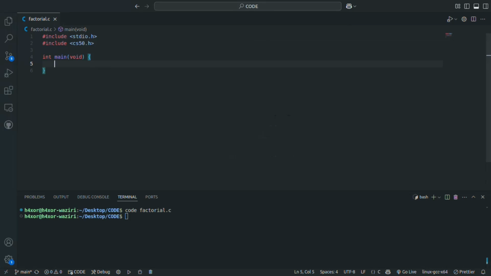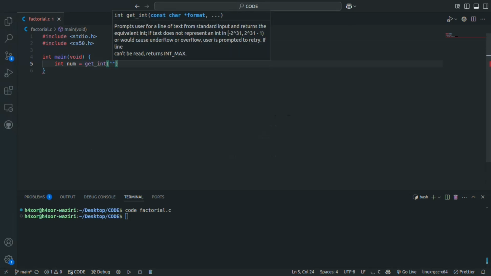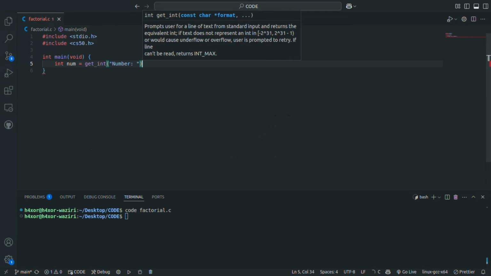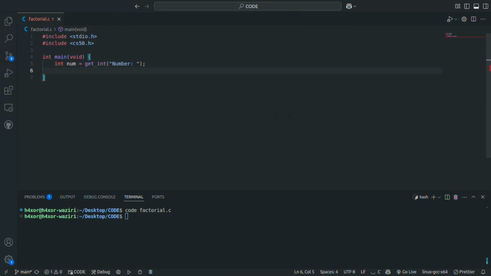Then inside my main function, int num = get_int("Number: "); Then return 0;